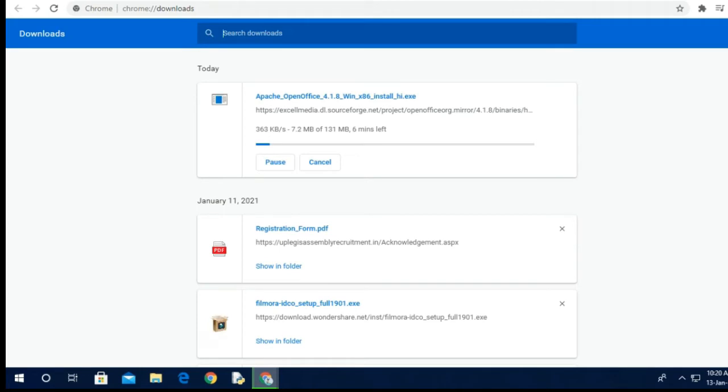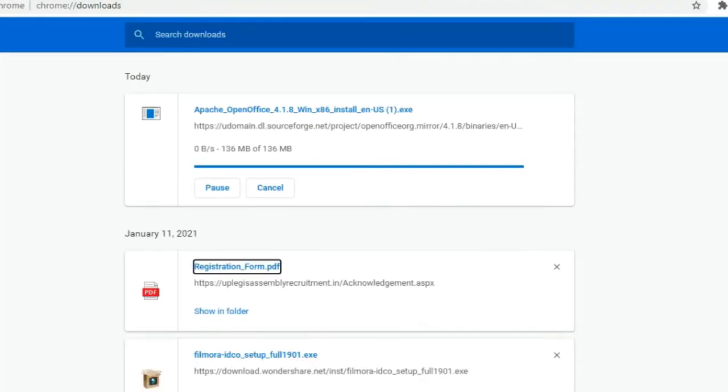To check how many MB it consumes or how much time it will take, just go and open downloads. How to open? You can go with a shortcut key also. Otherwise, at the very right side, a 3 dots menu is available. From there, you can directly go to the downloads. Otherwise, the shortcut Ctrl+J will let you open the download option where you can watch the downloading process and how many MB are left. You can see here 136 MB. It will take 136 MB of data, so it will take some time.